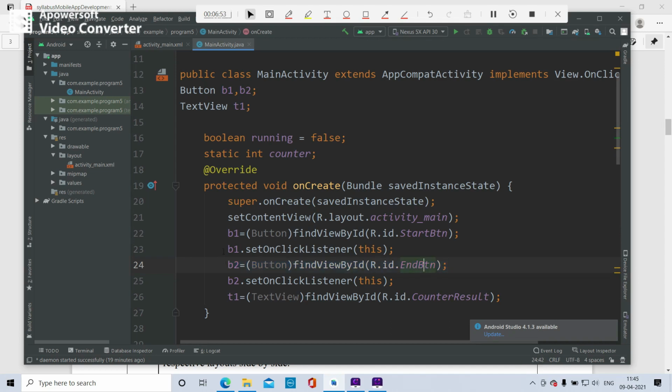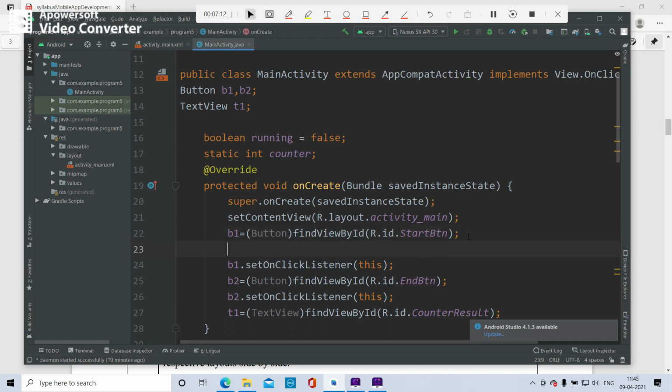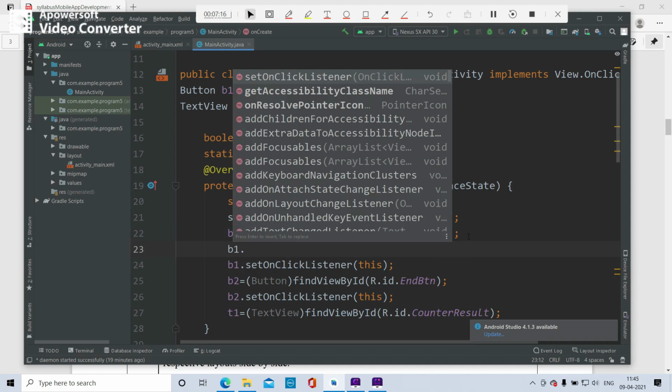Then b1.setOnClickListener makes the button listen for the clicking event, because when you click on that button it should start the counter. Therefore you have to give b1.setOnClickListener. As you type b1 and dot, it gives you different methods.